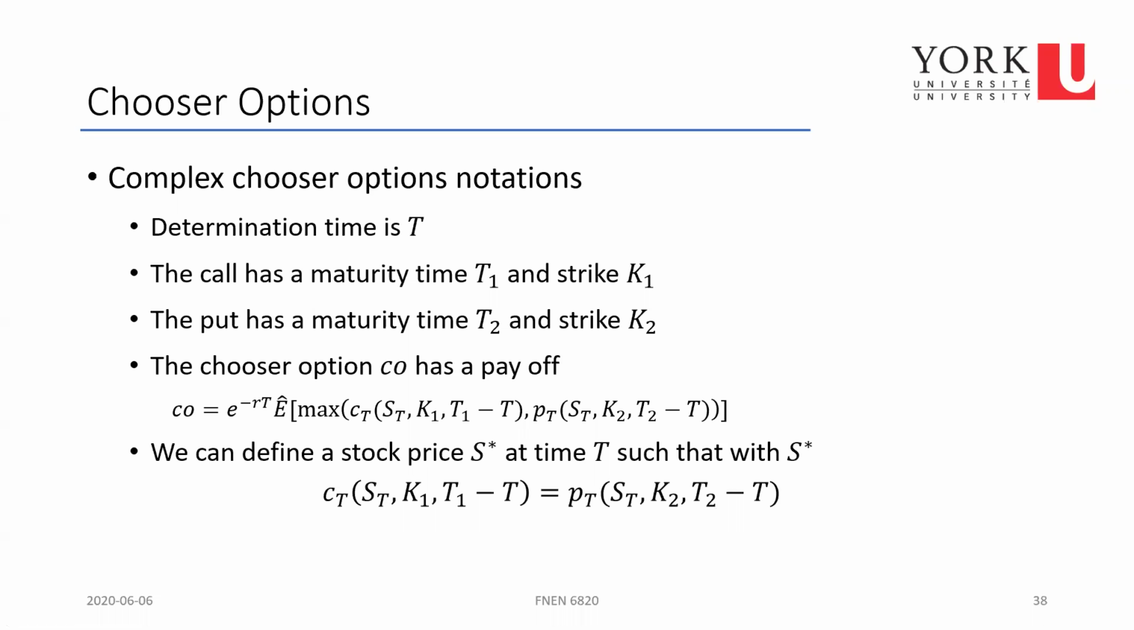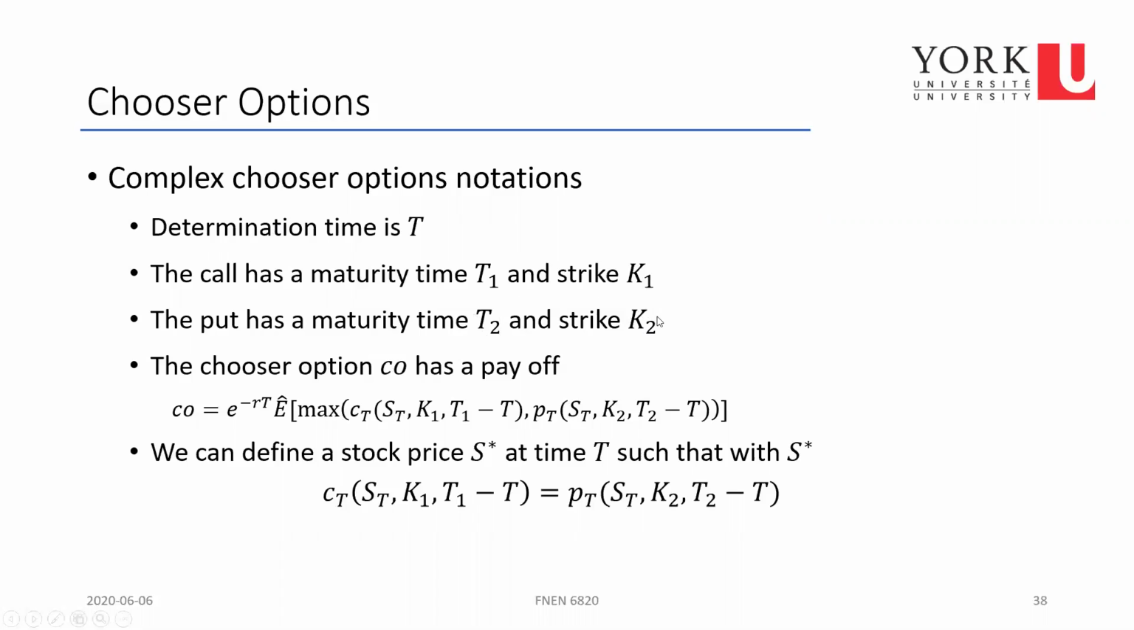Let's now take a look at some of the more complex chooser options. For these chooser options, the call and the put have different times to maturity and strike prices. Let's say we have some notation here. Say the chooser option expires at the big T. However, if you enter into a call, then the call itself has a maturity T1 and strike price K1, and the put has a maturity T2 and